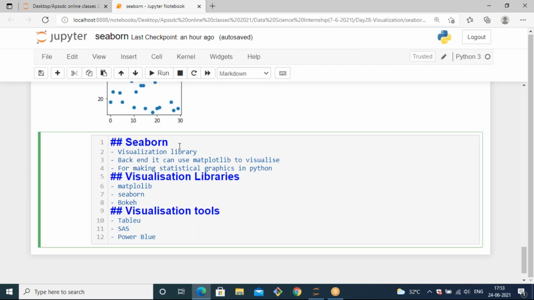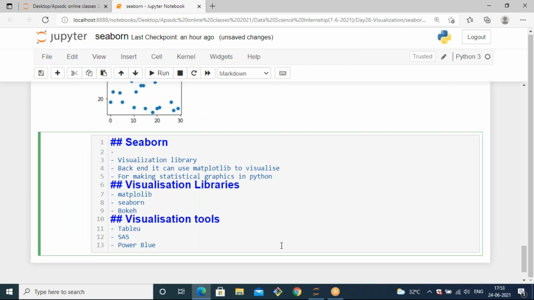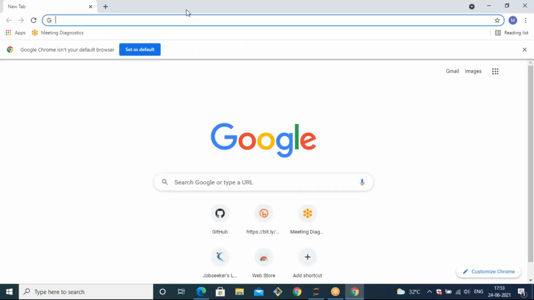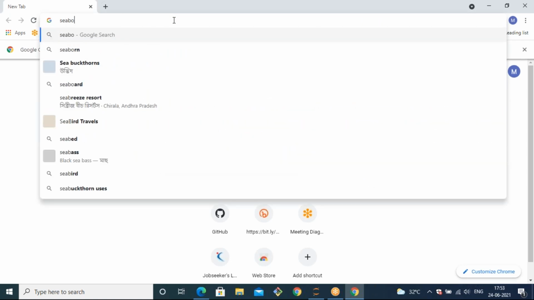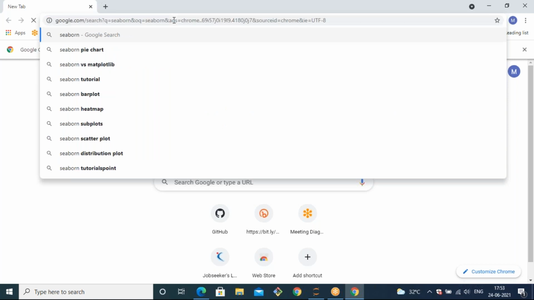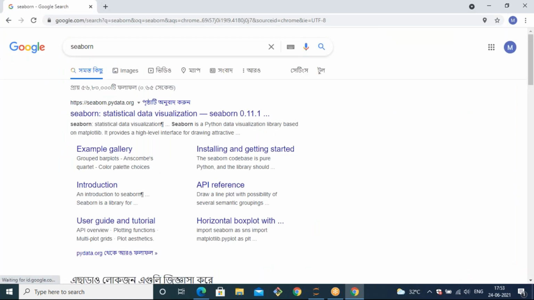And the official website for Seaborn, let's see. Matplotlib also has an official website. Let's see the Seaborn official website. Yeah, the Seaborn official website is seaborn.pydata.org.